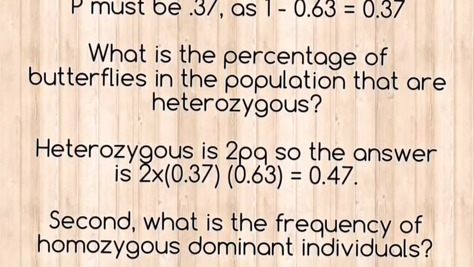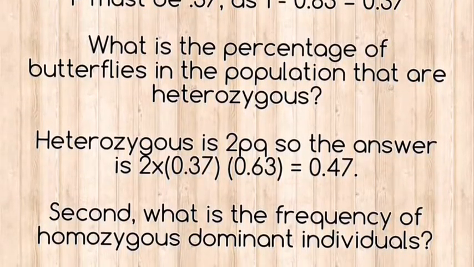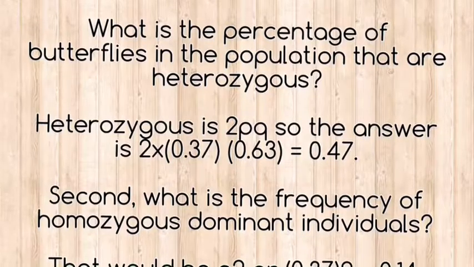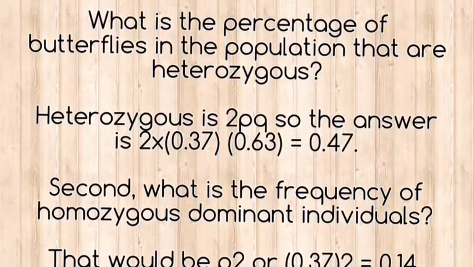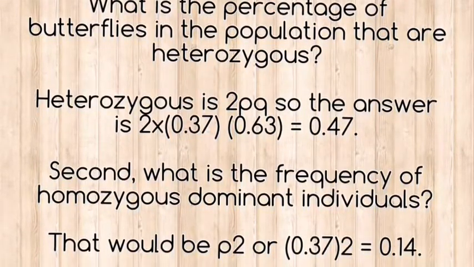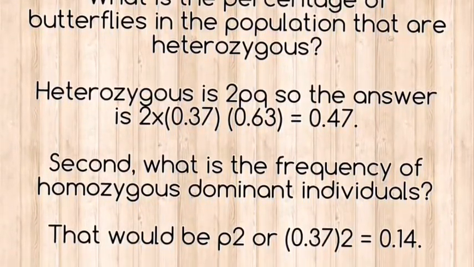To answer the second question, what is the frequency of homozygous dominant individuals? This would be p squared, or 0.37 squared, which equals 0.14, which means about 14% of the